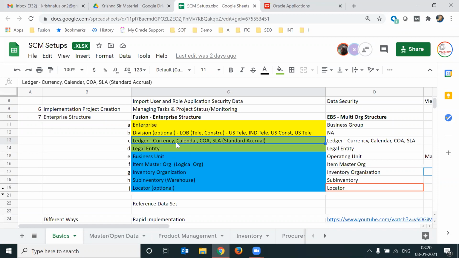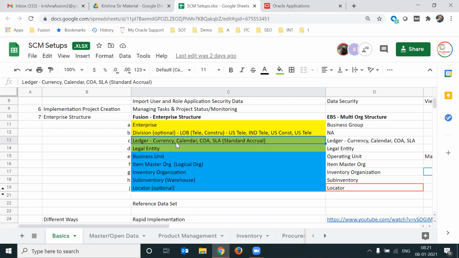But that is a pure financial concept. I'll be explaining the SLA because I'm aware of it and I have worked on it. In a single sentence, the ledger is going to maintain all the financial transactions of the company with different accounts. Not only accounts, you might have different companies, and for different companies you can maintain different accounts.